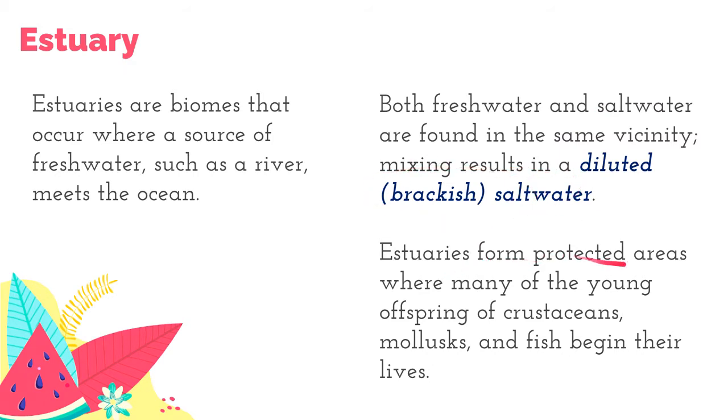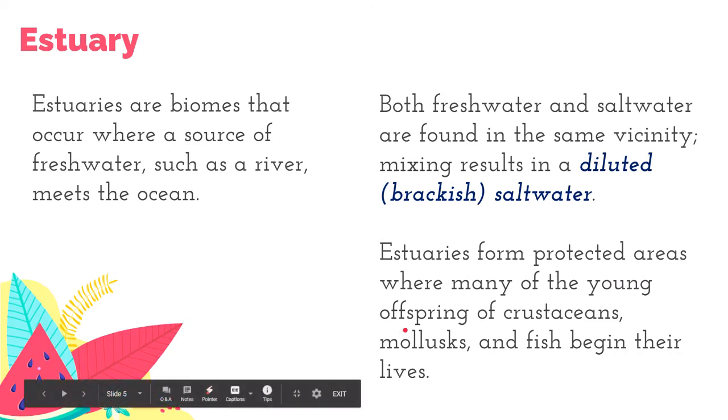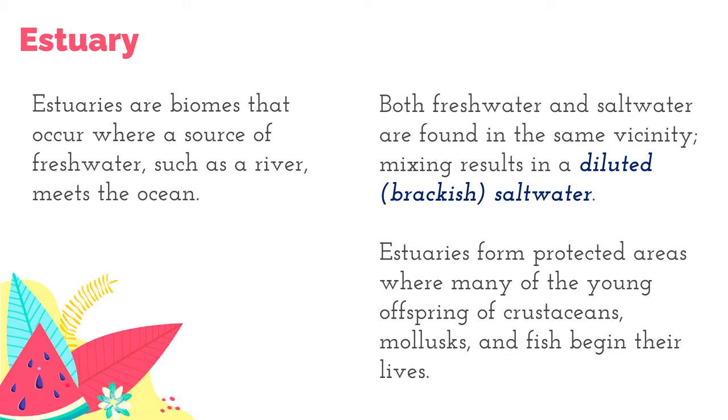Estuaries also form protected areas where many of the young offspring of crustaceans, mollusks, and fish begin their lives. So estuaries are technically considered fish nurseries. This is where fish lay their eggs and wait until they grow before they go into the open